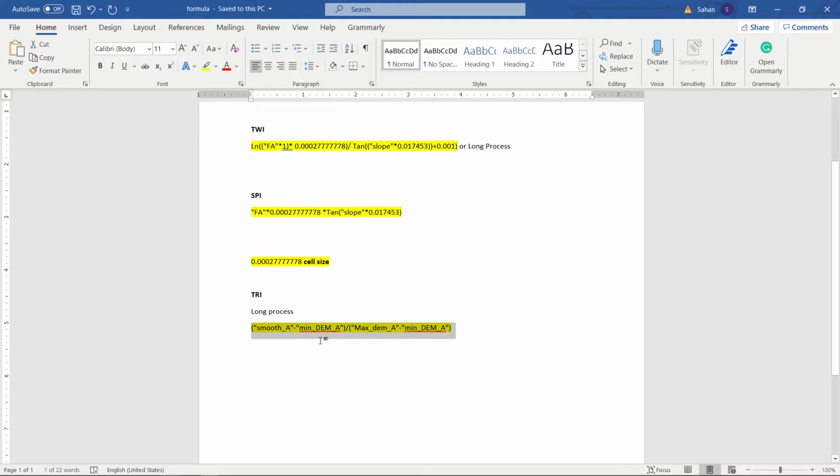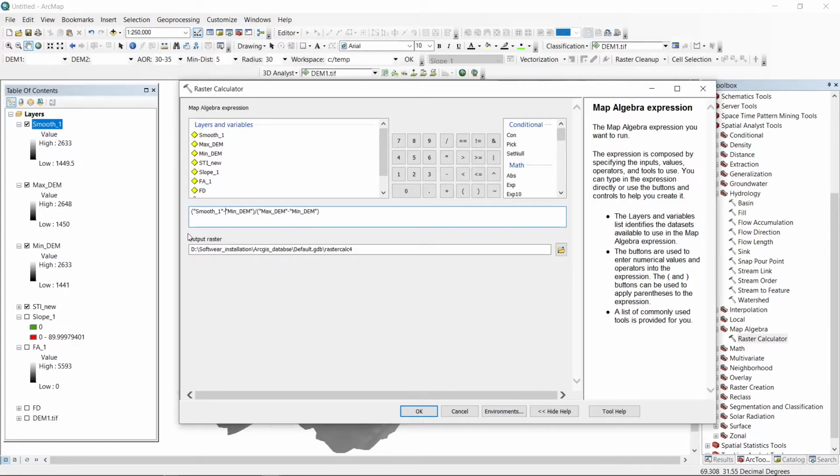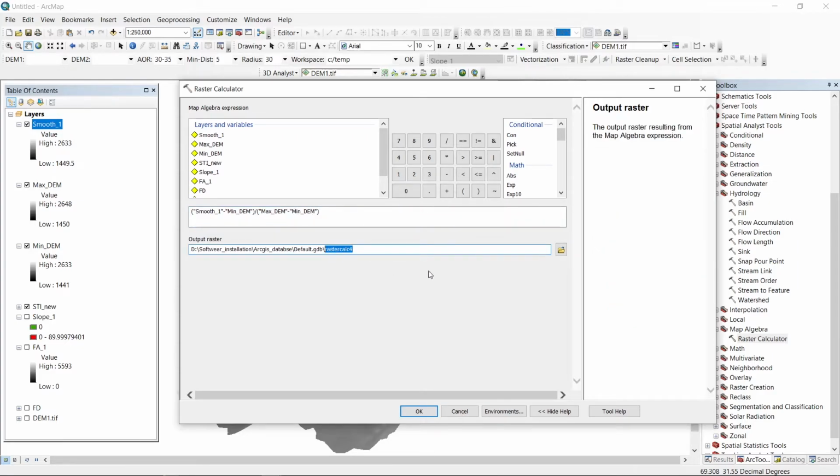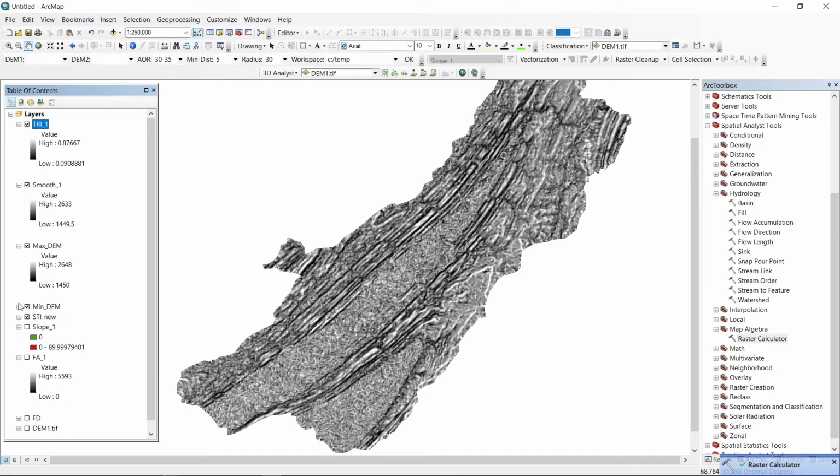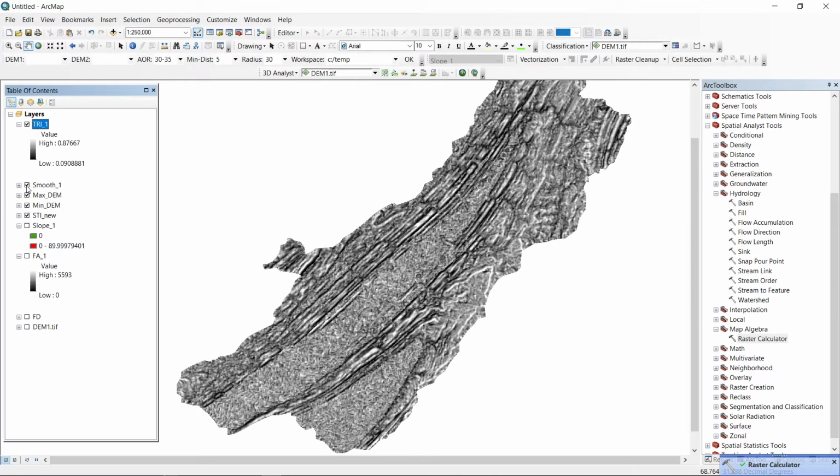So this was the formula, and what I did was I subtracted mindem from the smooth layer, which is the mean layer, then divided it by maxdem minus mindem, right? As the output we will get TRI. Yeah, we got TRI.